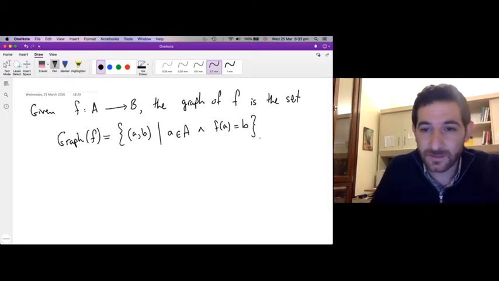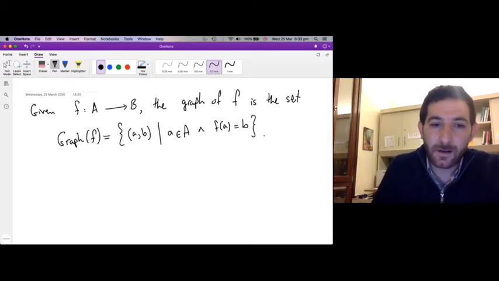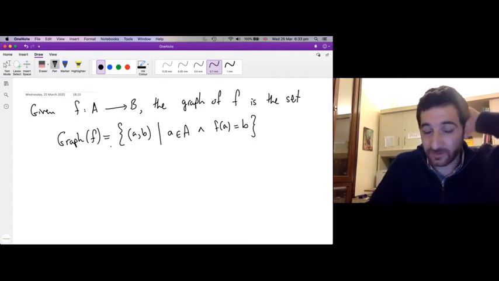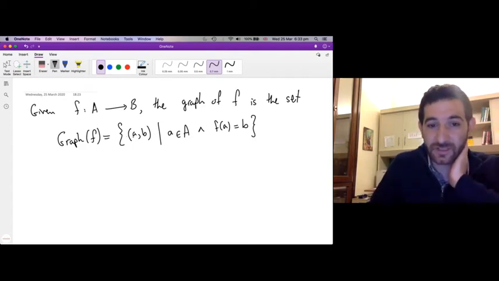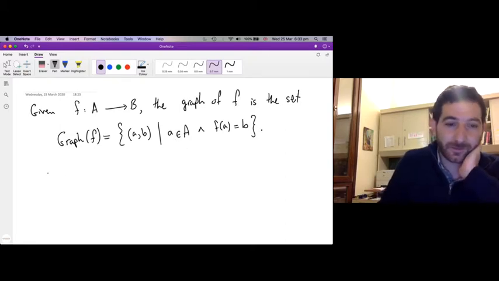Okay, so this is the definition of the graph of a function. So it's the set of pairs whose first element is an element of the domain of the function, and second element is the image of the first element. Okay, so let me remark that